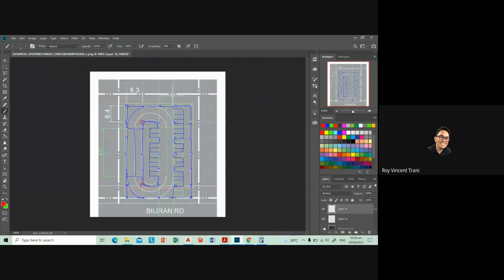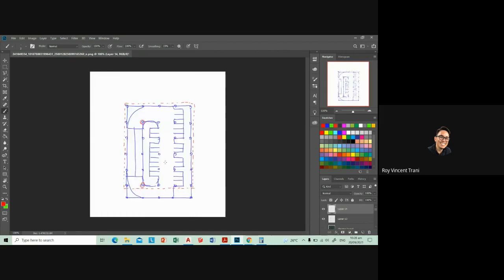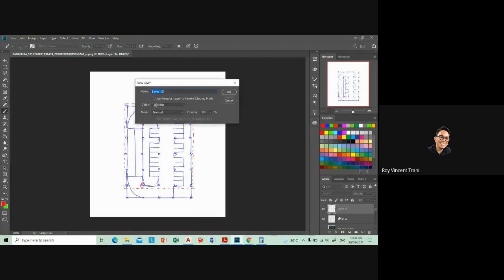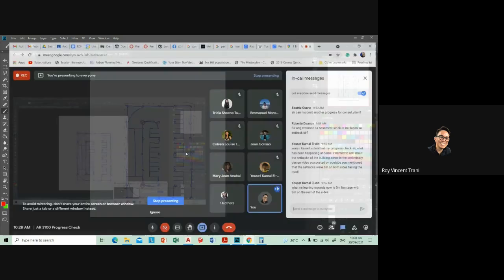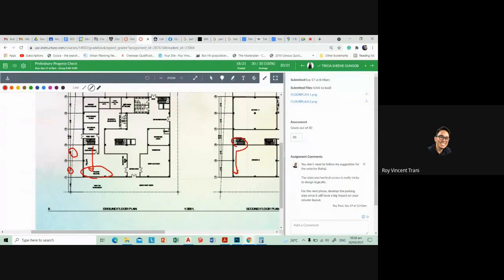Okay. I'm going to draw the building footprint. Okay. So let's try to get Tubin's ground floor plan here. Okay, so she has the,